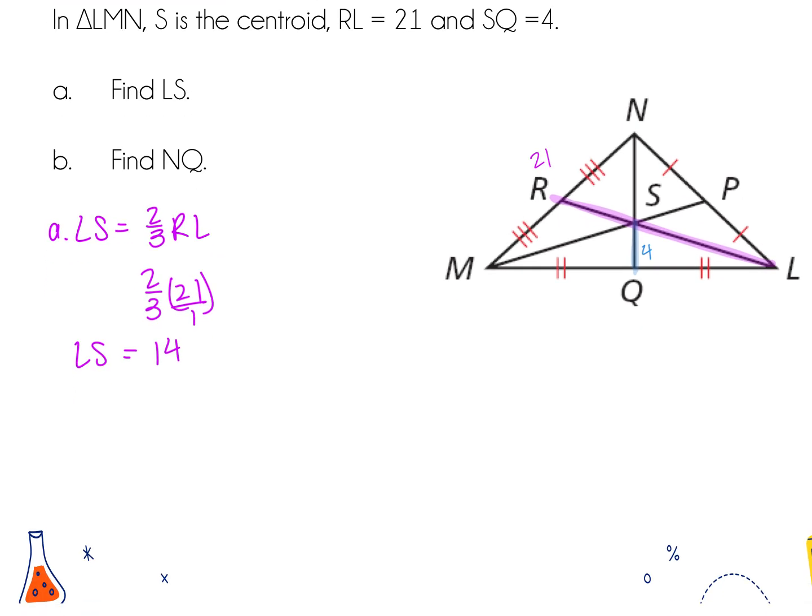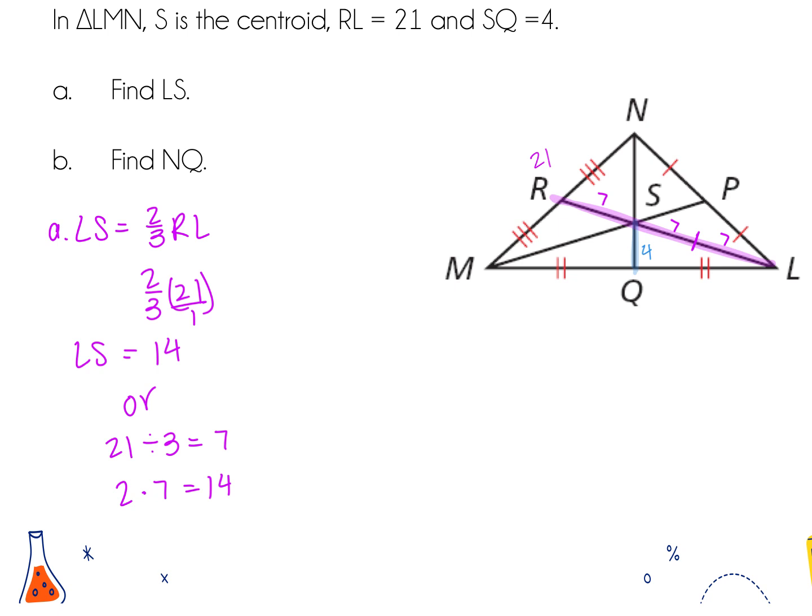I could totally do 21 divided by 3. Because remember, you could think of it as cutting into 3 pieces. 21 divided by 3 is going to give me 7. So this segment is 7. This segment is 7, and this segment is 7. And then you could think of it as, okay, I have 2 out of my 3 parts. So I could do 2 times 7, and that will also give me 14. So yes, even though we're working with fractions, you could just divide it by 3 and then multiply what they're